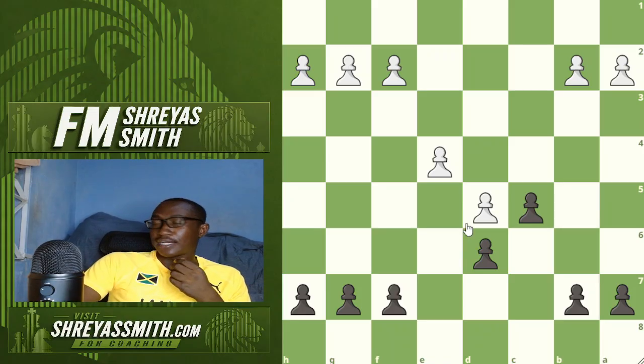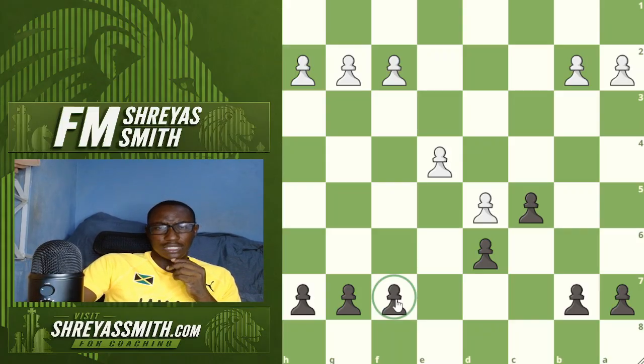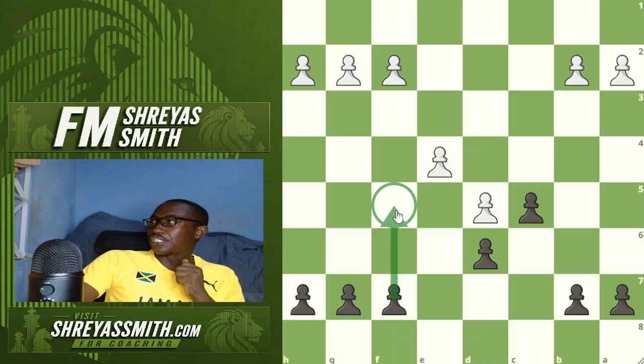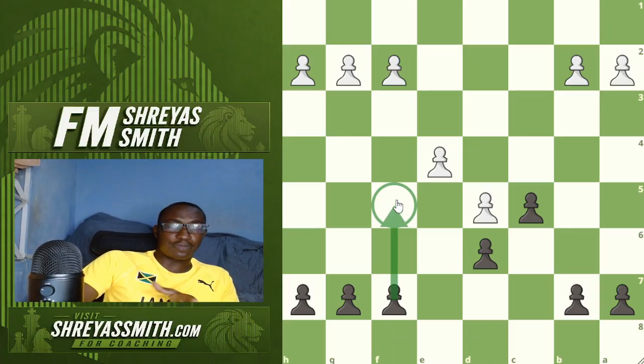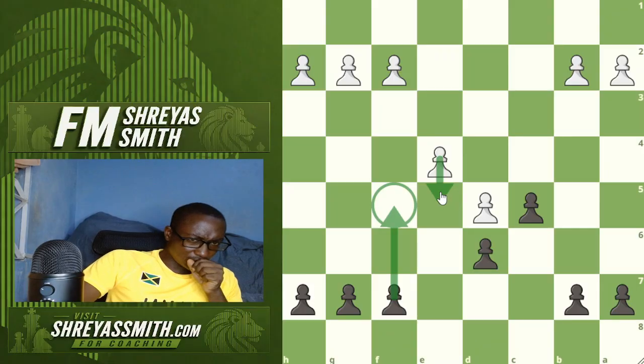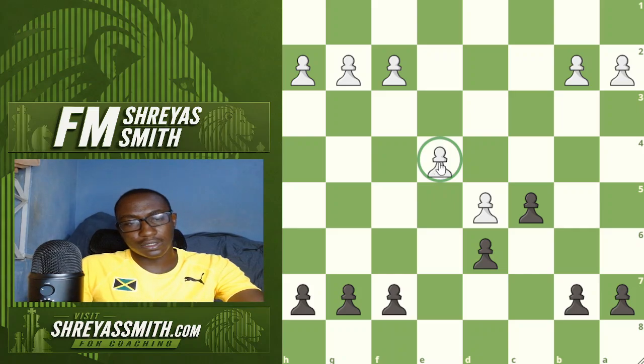Now, another plan for black based on the structure is to play pawn to f5. Now, the reason for this, when more pieces are on the board, right? Of course, it wouldn't be great because a pawn push would create a passed pawn instantly. But with pieces on the board, right? What this pawn does a very good job of doing